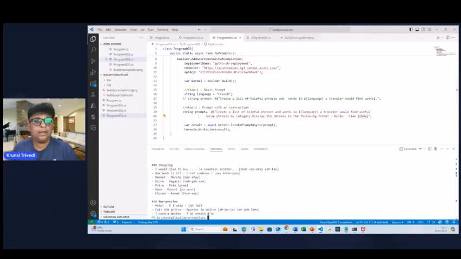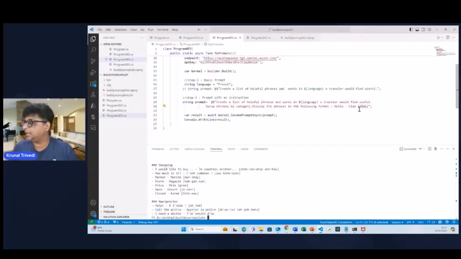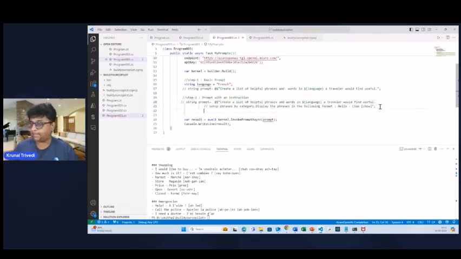Okay, and now let's see one more example. This time we are going to set the history, set the context. So I'm just going to comment out this step 2, and say we just go for step 3, and we just write a prompt with context